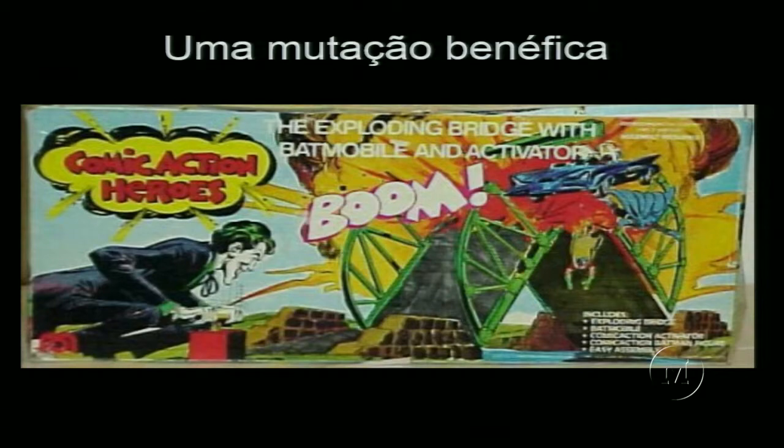Here's an example of a beneficial mutation. Okay, does everybody read Batman and Robin down here? Okay, I hope so. Anyway, Batman and Robin were going to arrest the Joker, and they were driving across the bridge, but the Joker blew up the bridge. And there they go, they're diving in the water. They're not hurt.